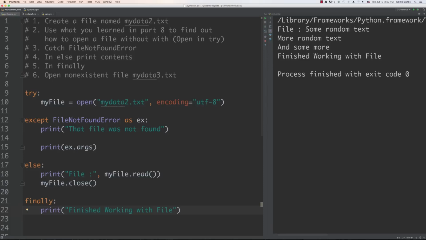You're going to see some random text, more random text, and some more. Finished working with file. Everything was perfectly fine. However, if I come in here and change this to 3, a file that doesn't exist, and run it,